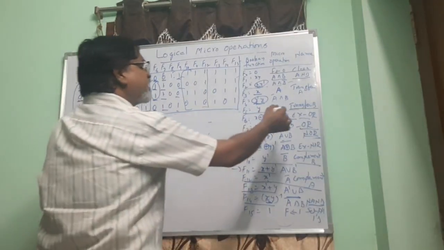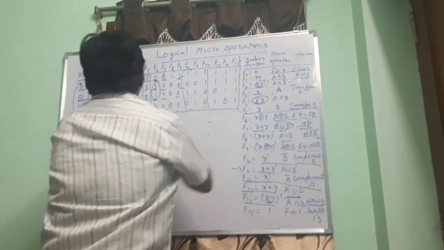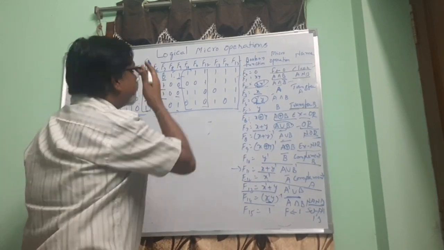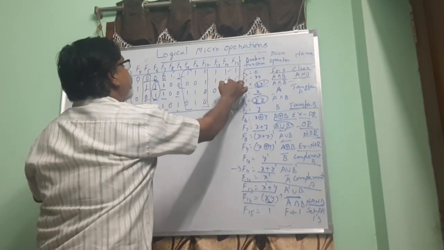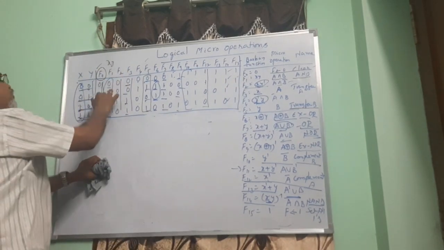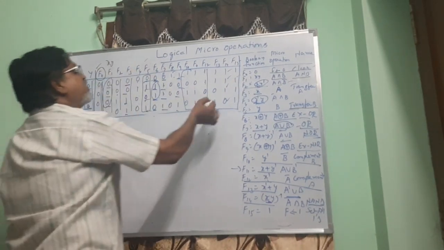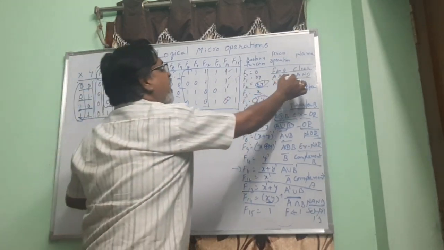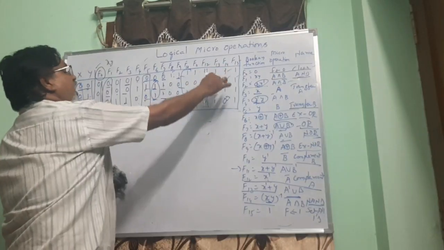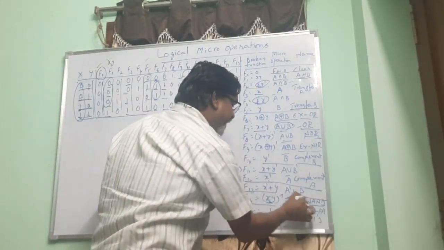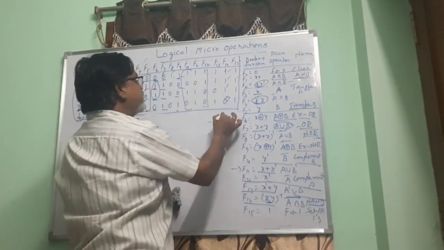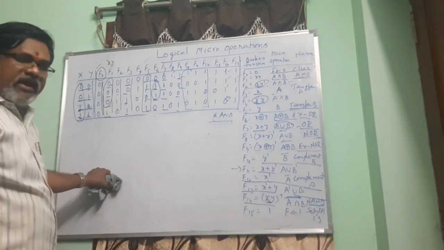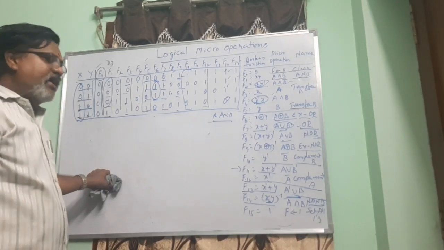What is actually the AND operation here? Take F1: 0, 0, 0, 1. When you come to F14, it becomes 1, 1, 1, 0. So F1 has three zeros and the fourth one is 1, and F14 is the reverse: three ones and a 0. Three zeros and a 1 is meant for the AND gate, three ones and a 0 is meant for a NAND gate. So F14 is equal to the Boolean operation of your NAND gate.